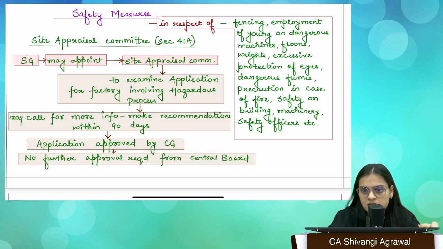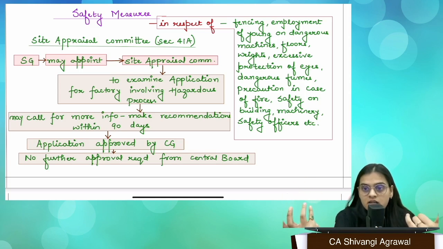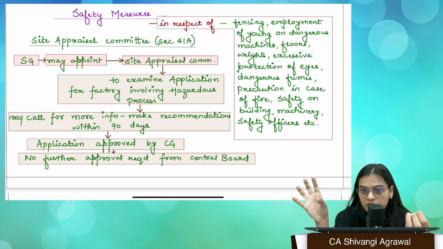So safety of buildings or safety of machinery is also very important. The machinery should be in good working condition, right? If there are any defective parts, they have to be replaced or repaired. There should be proper precautions or measures which can be taken if there is an outbreak of fire, right? Because fire spreads very quickly, what are the safe means for escape? Proper fire extinguishing equipment should be installed in the factory, right? So that is also something which is needed.